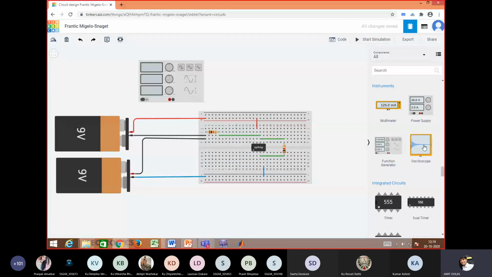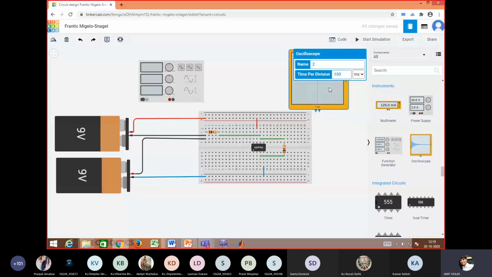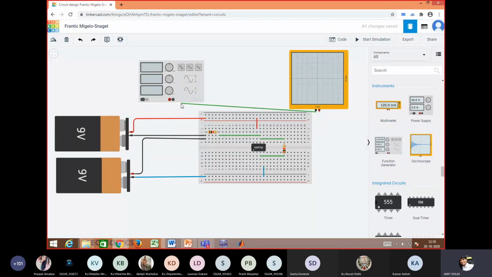So then we have oscilloscope. We'll use oscilloscope. So I kept it here. First of all, as we perform in the laboratory, we'll see the waveforms directly from the function generator. So this will be positive and this will be probe negative.